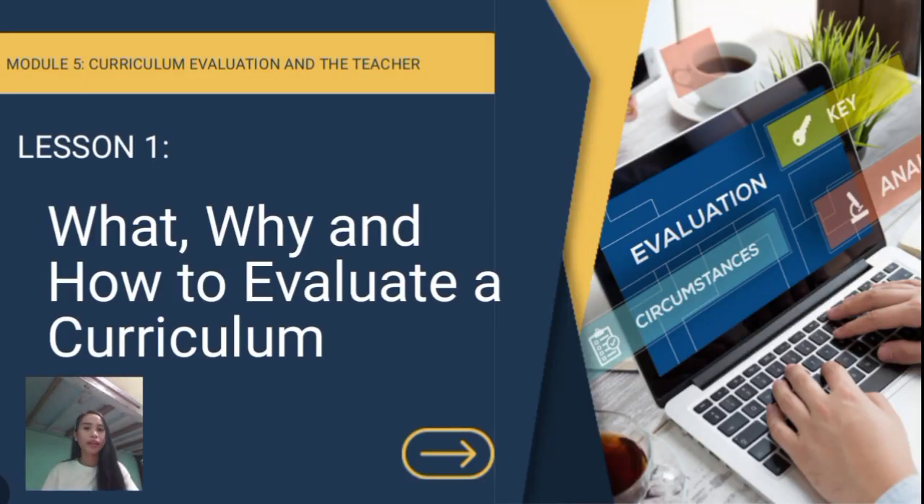So, Module 5, Curriculum Evaluation and the Teacher. Our topic for today is all about Lesson 1: what, why, and how to evaluate a curriculum. When we say curriculum evaluation, or evaluation in curriculum, it is all about judging or measuring how well a curriculum meets educational goals and standards, ensuring that it effectively supports students in learning